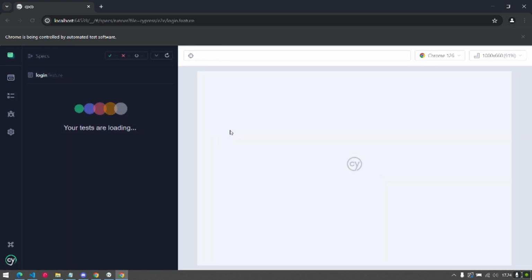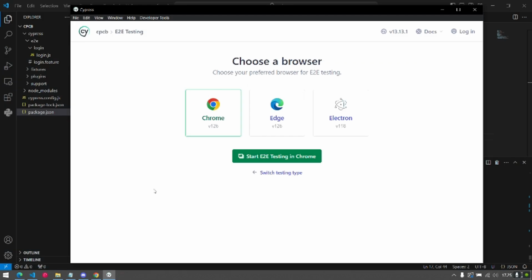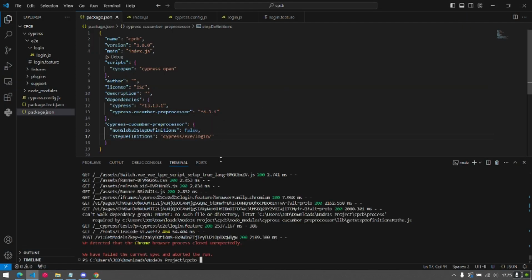Choose the login feature. Whoops, can't walk dependency graph. No such file, process require. Okay, I'm facing another error here.